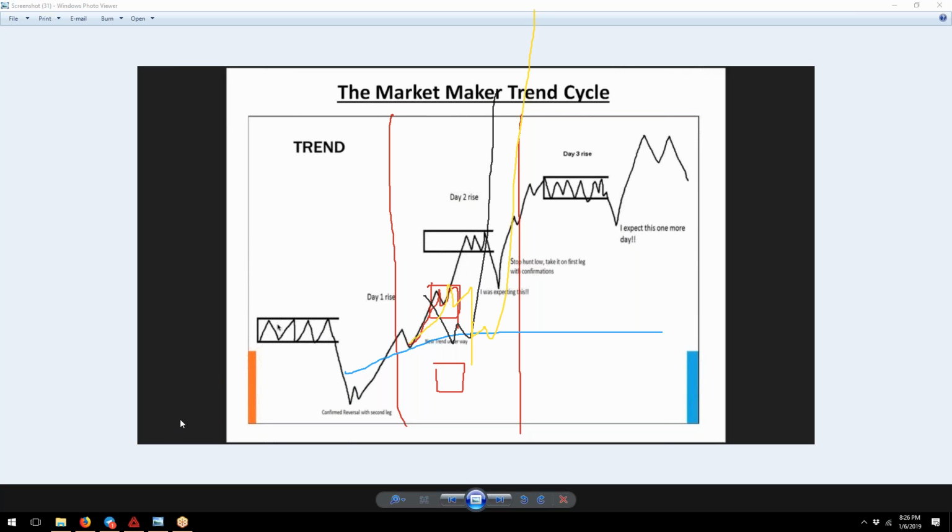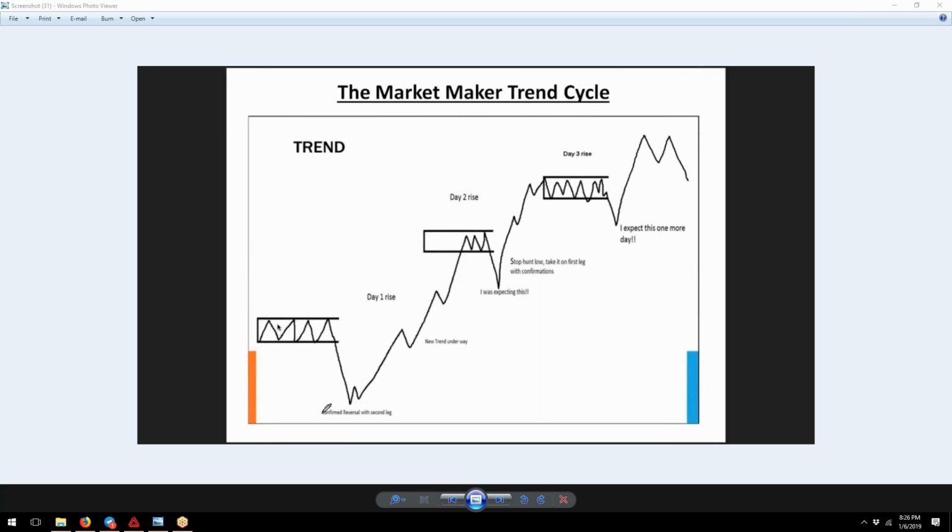That's why don't just be like, oh, stop hunt high, drop. Like, no, you have to understand the cycle, because they'll fool you with the M. They'll fool you with the nice M pattern up here, thinking they're going to drop. And sometimes, if you happen to do that, because it's happened to me, I'm telling you, don't do it. Just wait for